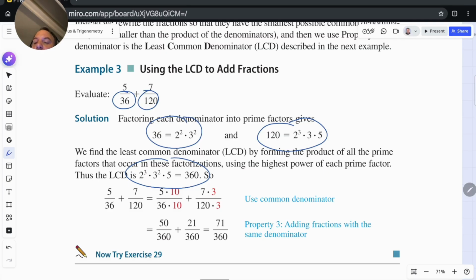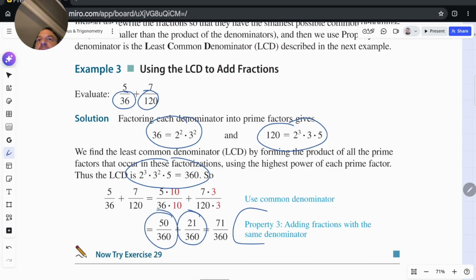Now we can rewrite with our denominator of 360. 5 over 36 will equal 5 times 10 over 36 times 10, which will give us 50 over 360. And 7 over 120 will get us to 7 times 3 over 120 times 3, which is 360 as well. After we multiply the 5 by 10 and the 7 by 3 for our numerators, we end up with 50 over 360 plus 21 over 360 to get us to 71 over 360. Notice that after we use that common denominator, we go to property 3, adding fractions with the same denominator, much easier. All right, so again, we find that prime factorization of 36,